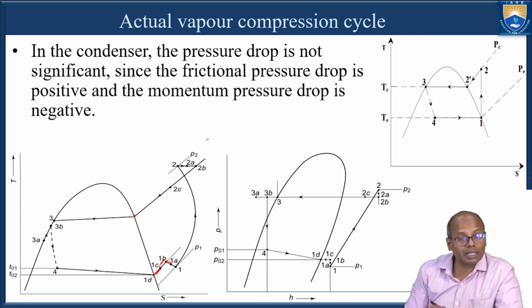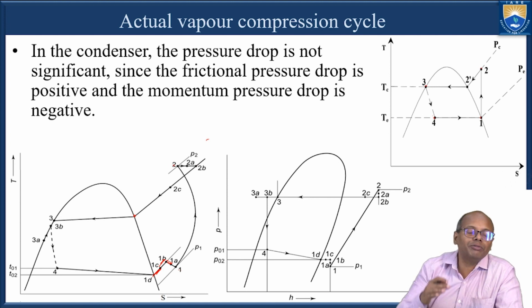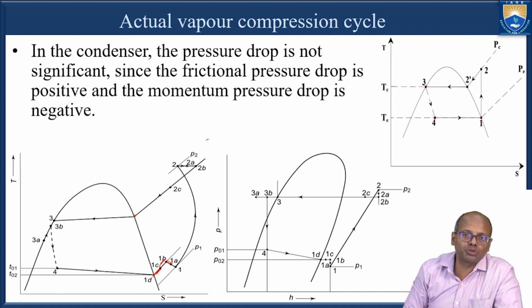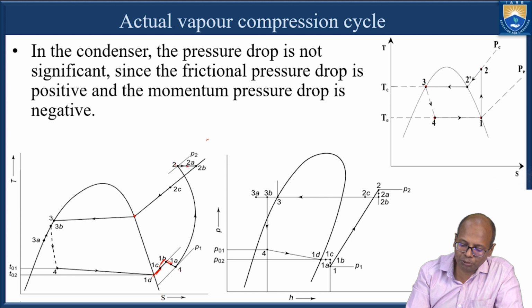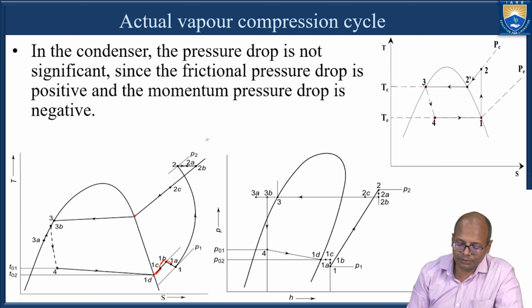and in the suction line there is a pressure drop due to friction, and from 1A to 1 because of the wire drawing effect in the suction valve of the compressor there is a pressure drop, and from 1 to 2 because of the heat transferred to the surroundings it is no more an isentropic process, it is becoming a polytropic process, and from 2 to 2A there is a pressure drop at the discharge valve because of the wire drawing effect, and from 2A to 2B in the discharge line there is a pressure drop due to friction, and now from 2B to 2C there is a